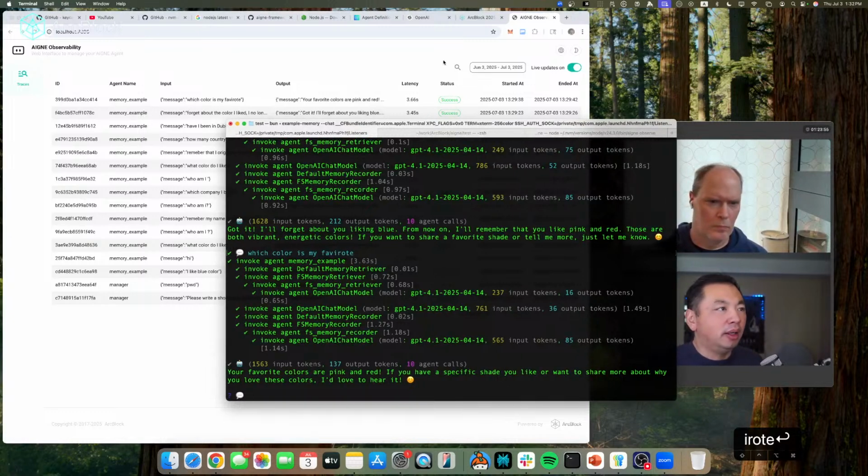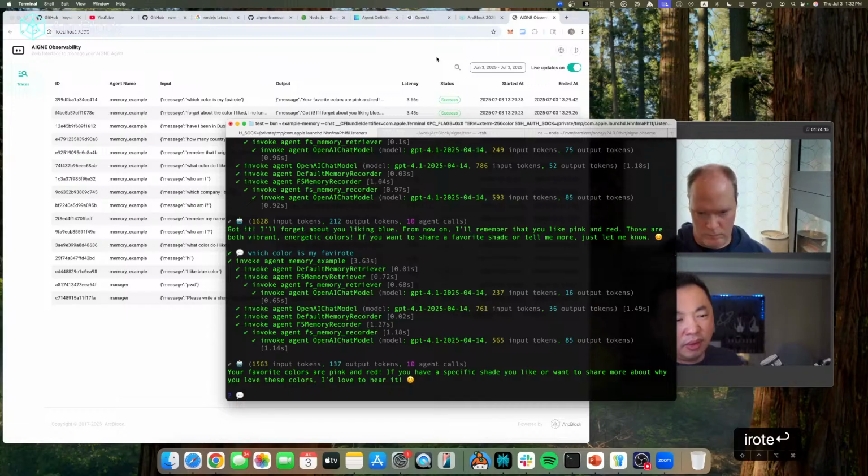So memory is a very simple but important feature, and it's going to make your AI agent much smarter. For anybody who has ever used the Agent Studio before, Agent Studio does have memory, but the memory is kind of limited. So sometimes you feel the AI agent is stupid. I just tell the AI agent I have this, I have that, but next time it kind of forgot or didn't mention that, right? So in the AIGNE framework, we build more into these memory features to ensure that the memory is smarter. And once you have memory, you feel it's smarter.